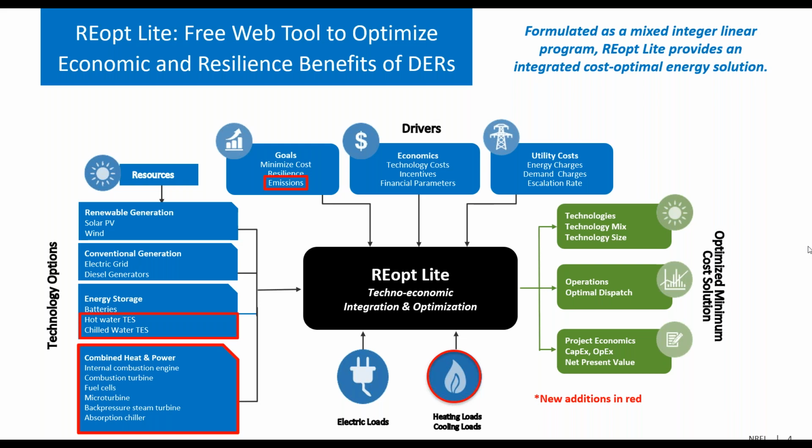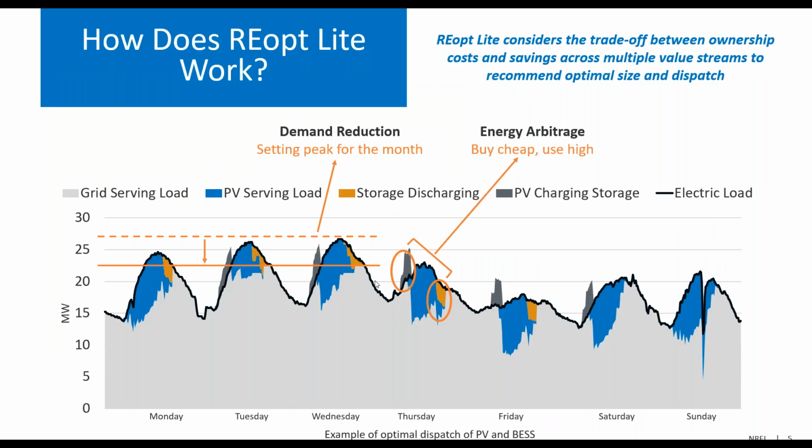And so on this screen, we've highlighted the new additions to the model that were just released last month in red. And so these include combined heat and power, thermal energy storage, as well as emissions accounting. So I want to talk for a minute about how REopt Lite works. REopt finds the size and the dispatch strategy for this integrated set of technologies to meet the load in every hour